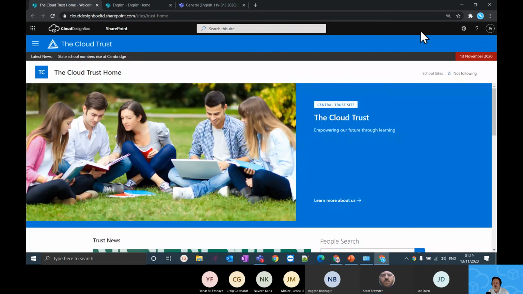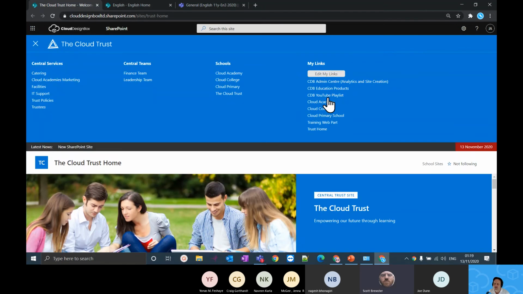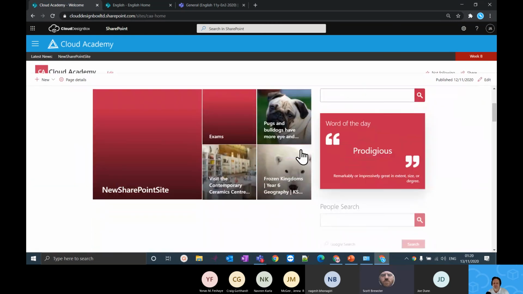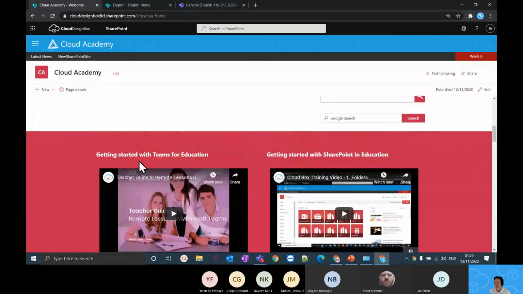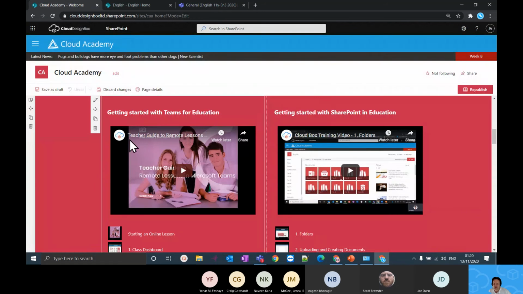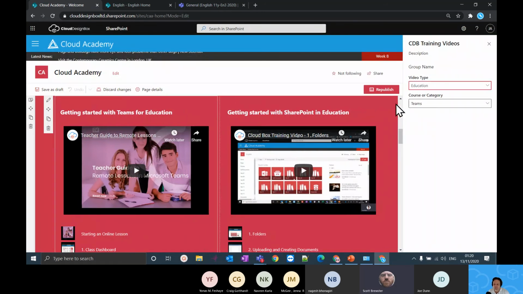And there's one web part I'd like to show you. If I take this to one of our schools, it doesn't matter, I just want to show you the web part. This is the CDB training web part, the Cloud Design Box training web part. It's available for free on GitHub, so you can just download it. Obviously there's lots in there for education, but actually if you switch that to business,